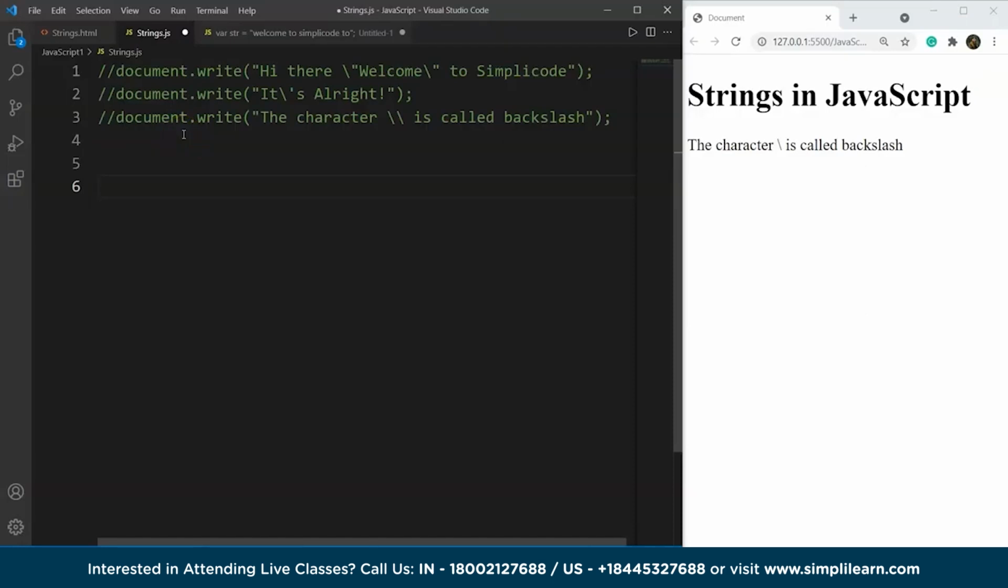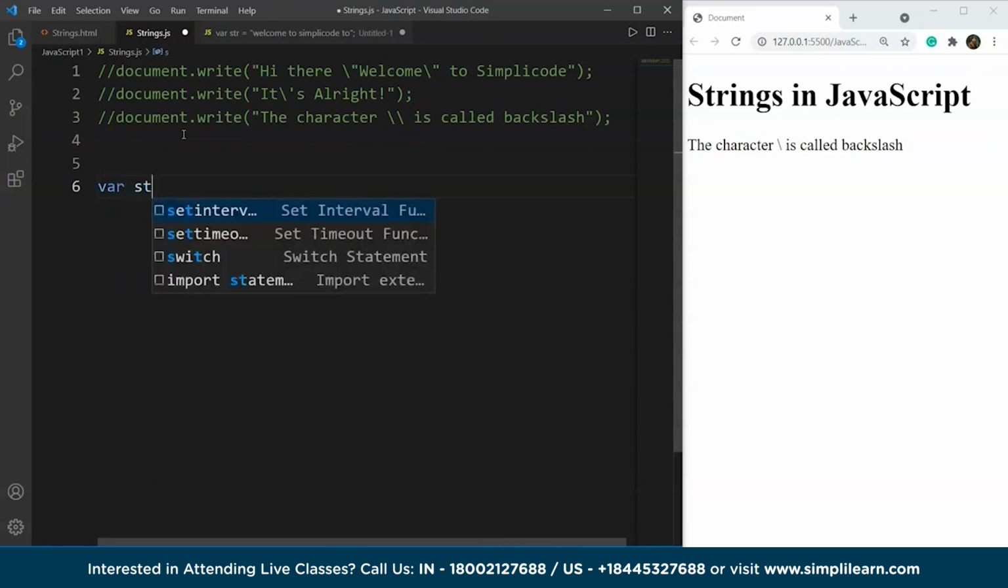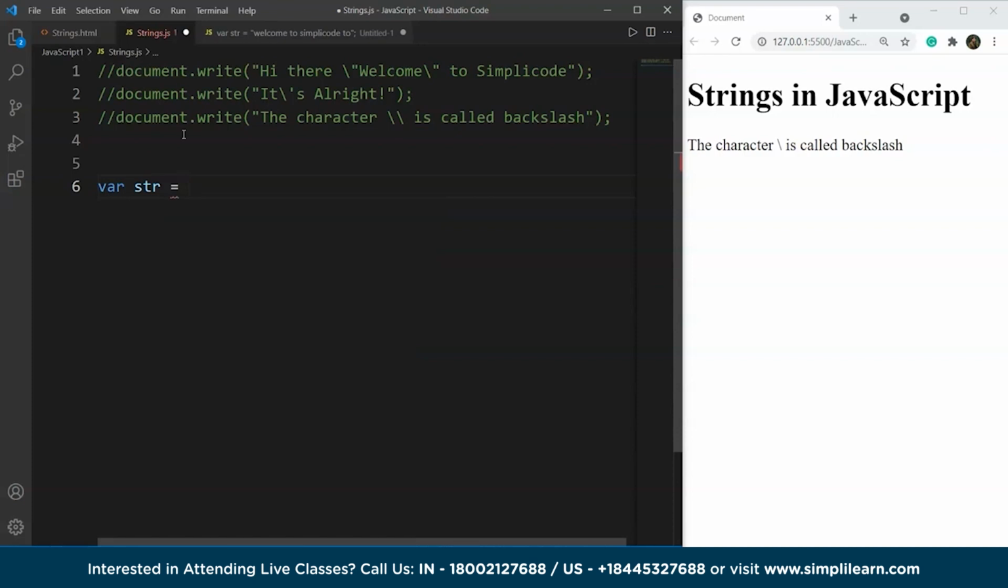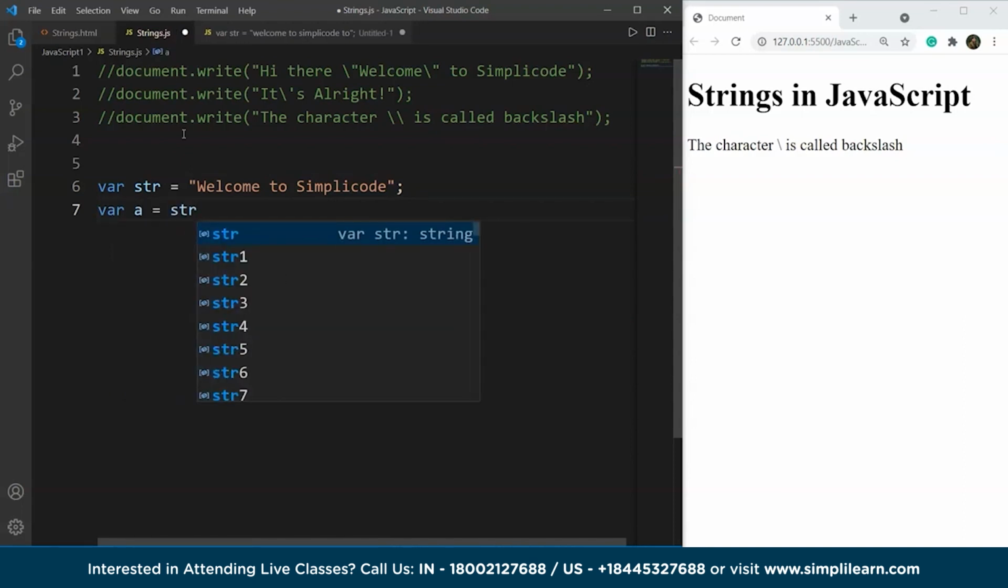Now the length property is used to find the actual length of a string. So to find the length of a string, let's declare a string first, and then we'll find out the length of that string. So the statement will go like this. We have a variable str, and the value of str will be, let's say, welcome to SimpliCode. Okay, so here we have a string and we have a variable a which holds the length of this string, right? So this str.length is a property of string, and it will return the actual length of